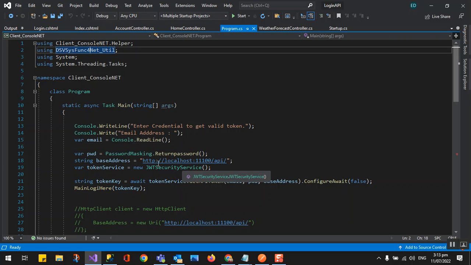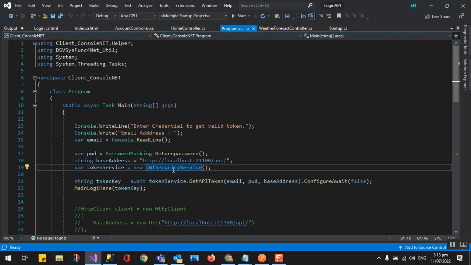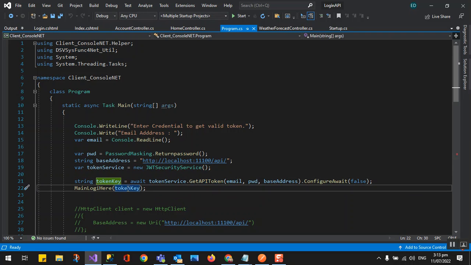Just passing the user and password, then this JWT token security gets the API, so it will return a token. If a valid token is there, then that's the time you can proceed to your console application. But in case you need, like a Minimal API, then we need to decide if it should have a valid authorization, not just a token. So we need to implement it. So I think that's for now.